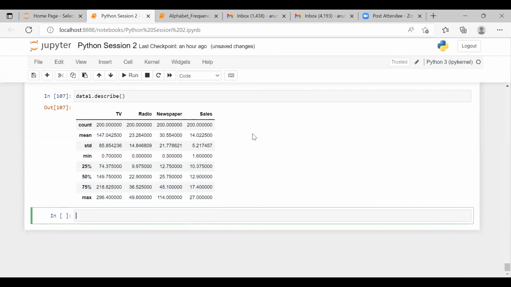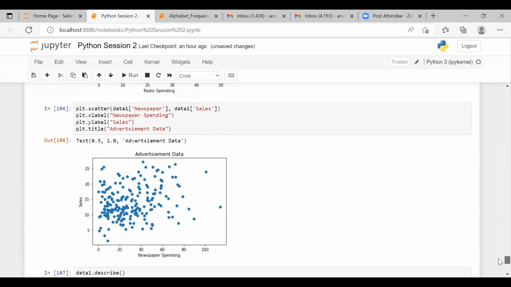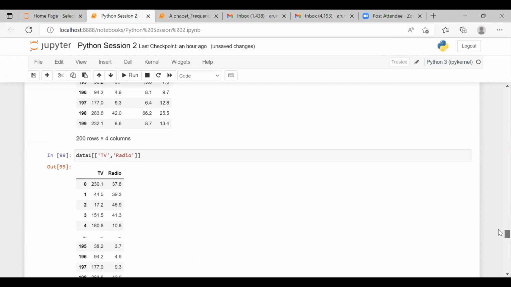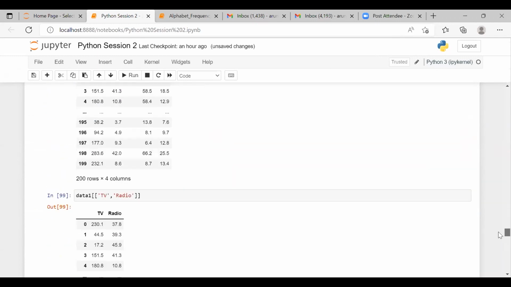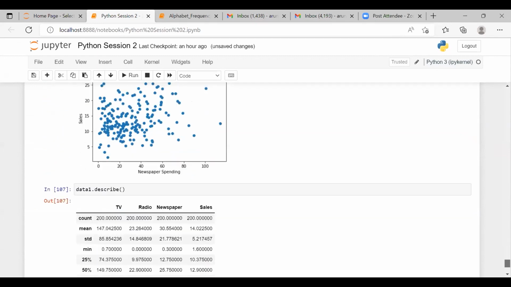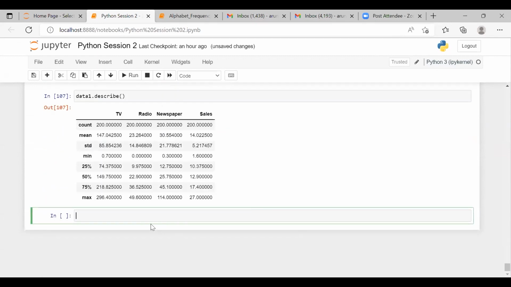So in this way you have your describe function that you can use. If you go back, you can see that you read the data and then you can do many analyses with it. And similarly,